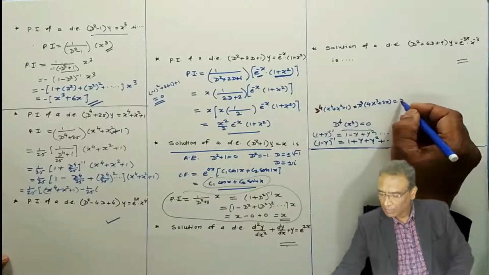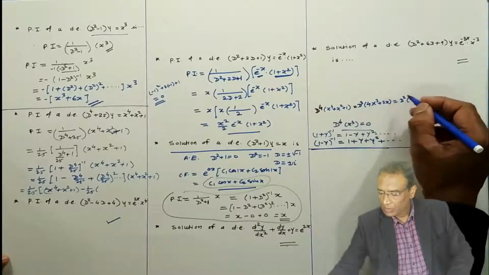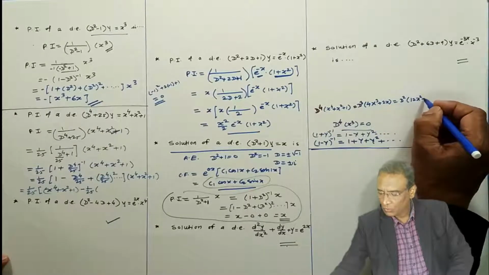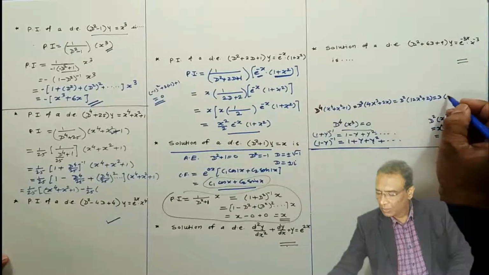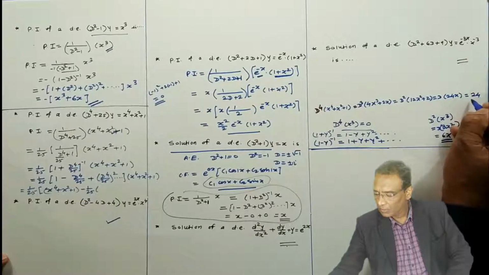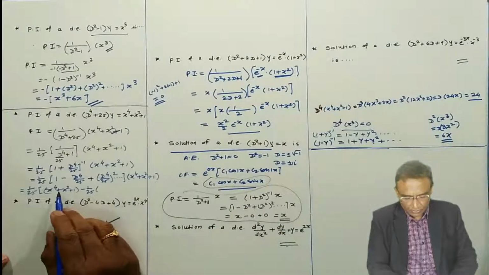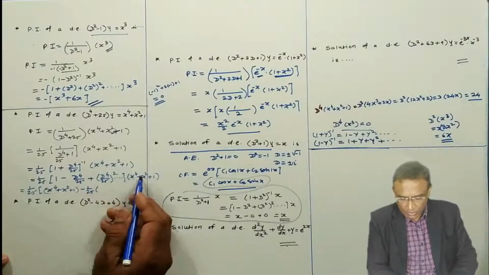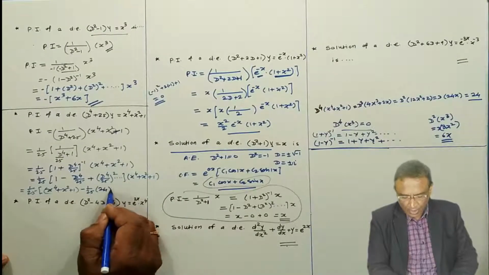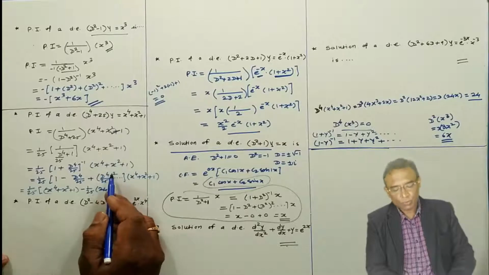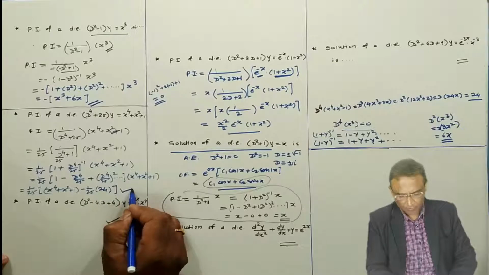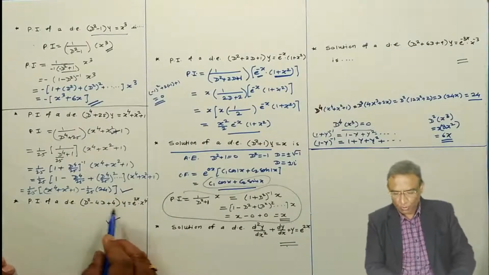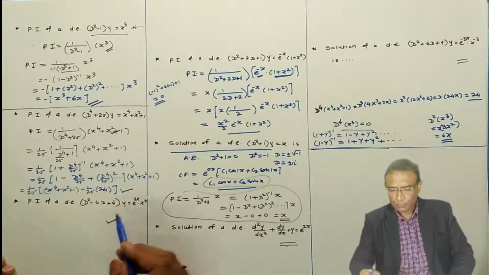Then second derivative I am writing. Derivative of this is 12x square plus 2. Then again derivative I am taking: 24x plus 0, and derivative of this is 24. This fourth derivative of this term is 24. And the eighth derivative, D raised to power 4 raised to power 2, of this will be 0. Okay, this is the answer. Now this problem you can solve on your own.